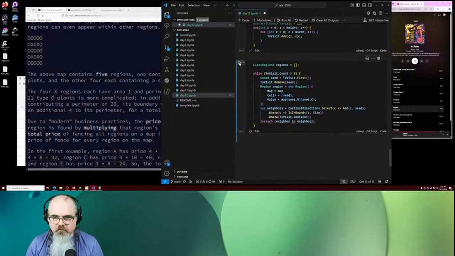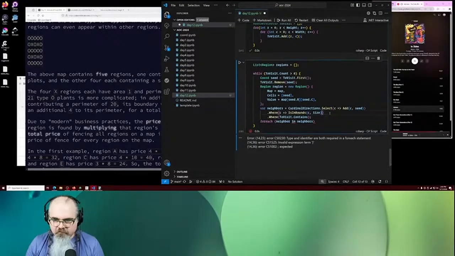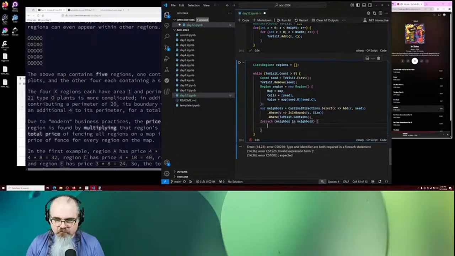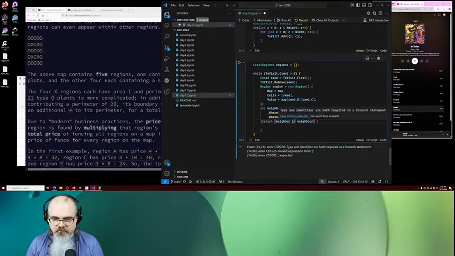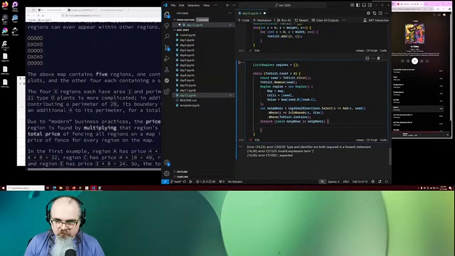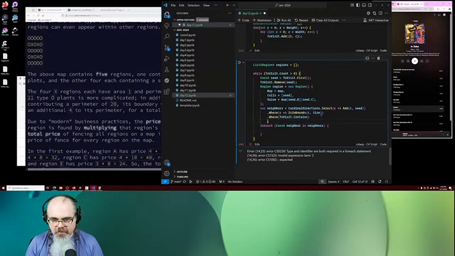Now it exists. Okay. Is inbounds c size where toVisit dot contains. Okay, so now we're finding all of those things for each coord neighbor in neighbors. So this is neighbors that are not off the grid that we still need to visit, and dot where